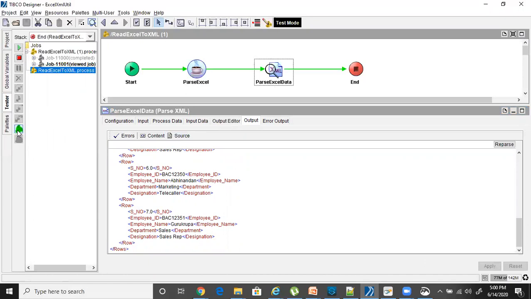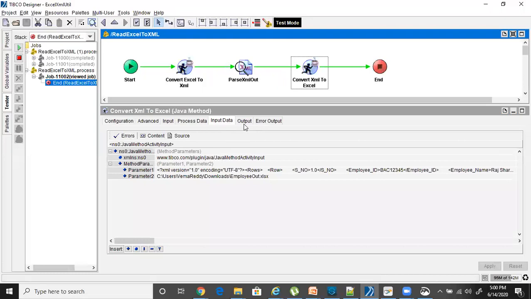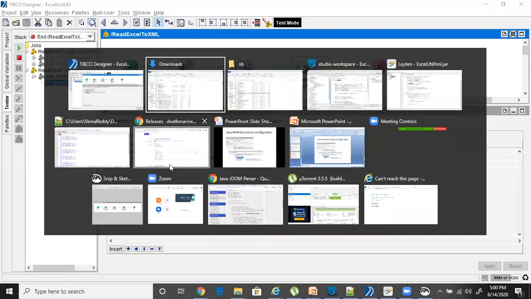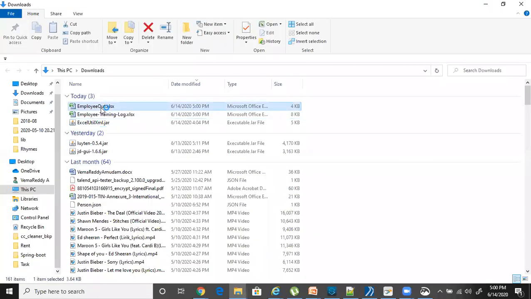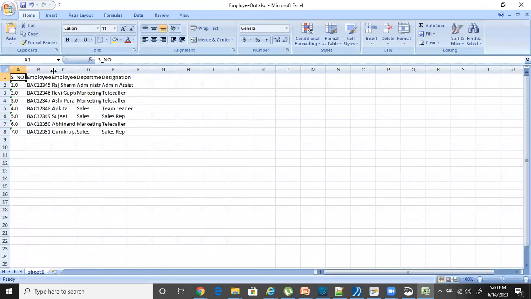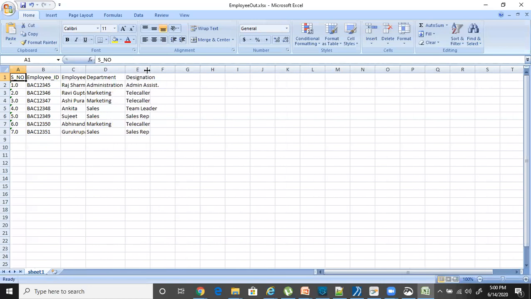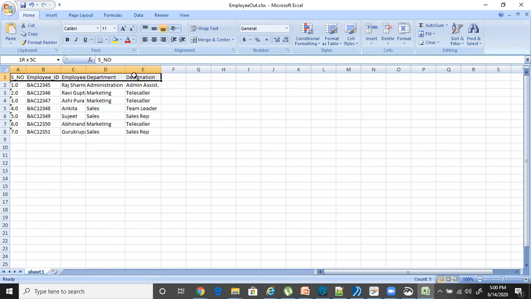And let me run another process where you can even see how the output is generated. Now you can go ahead and see the path I gave, this is the employee output, and you can see that serial number and all these things are converted. So the first row has created the column headers and then created all the rows. So that's all. Just wanted to share it. Thank you for watching this video.